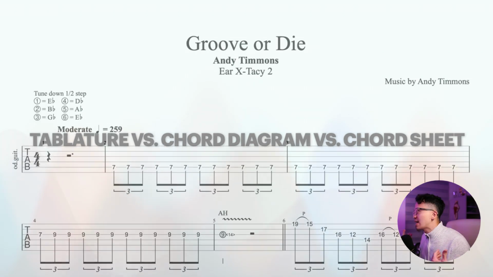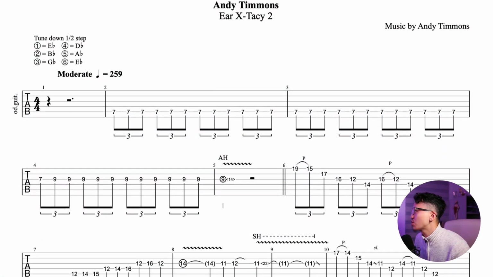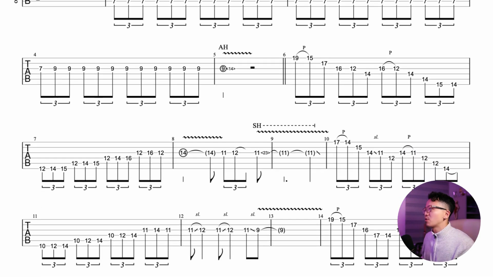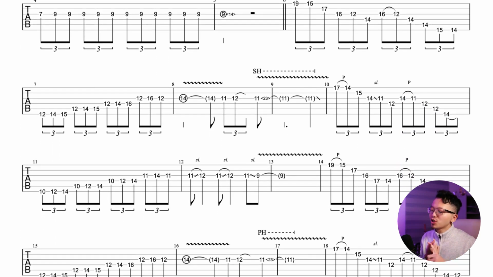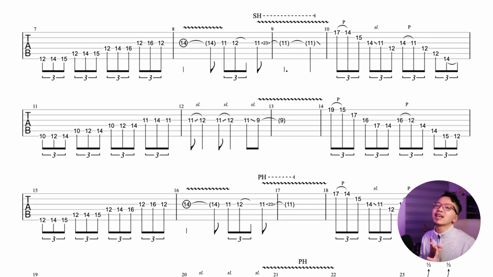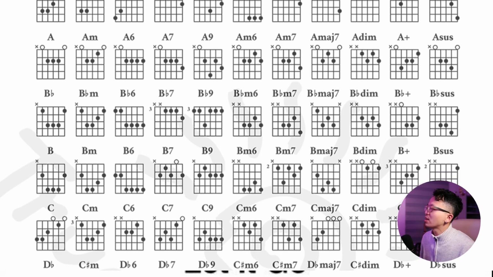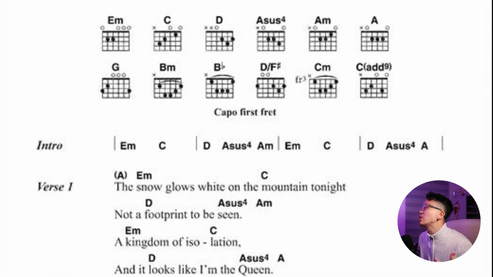What are the differences? Tablature, or tab, is a form of musical notation specifically designed for guitar. It is the most detailed form of guitar notation. It tells you everything from which string, what fret, what technique, and all the embellishments. Now, a chord diagram shows you how to play a chord, and a chord sheet tells you when each chord is played